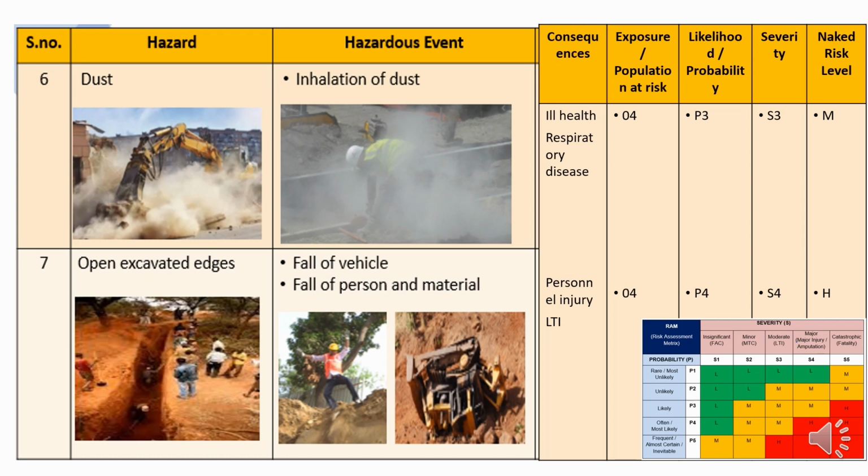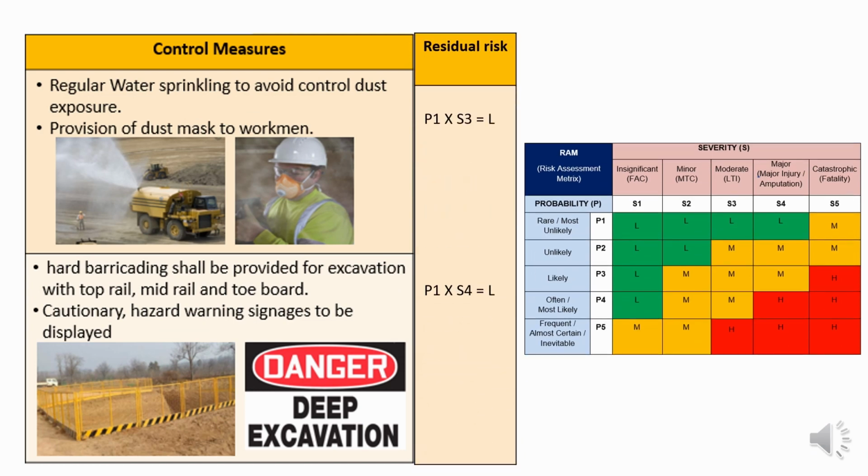Now we need to bring down the risk level by application of control measures as per the hierarchy of control measures. If we apply the control measures for dust, the first control is regular water sprinkling to avoid dust exposure, which is an engineering control, and the second one is the provision of dust masks to the workmen, which is the least effective control. So by application of this, we have reduced the likelihood and the result is low risk